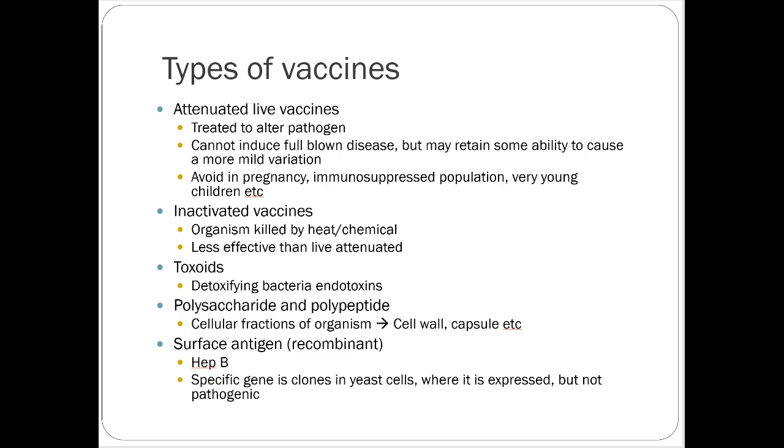So attenuated live vaccines are treated to alter the pathogen specifically. They can't induce a full-blown disease, but they might cause a more mild variation of the disease. So that's where live vaccines are tricky with pregnant patients, immunocompromised, and very young children, because they're much more susceptible to those effects, and they could actually get closer to a version of a full-blown disease from the actual live vaccine. Inactivated, we killed the organism with heat or a chemical, so it has some sort of particle that the body can react to,